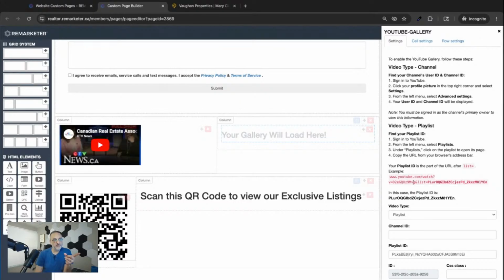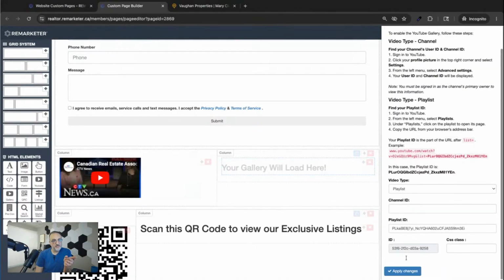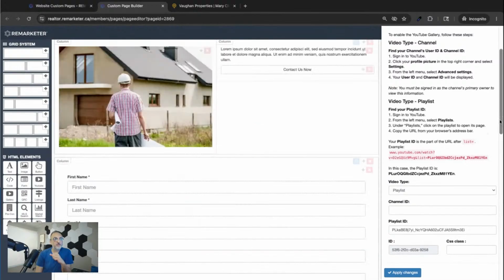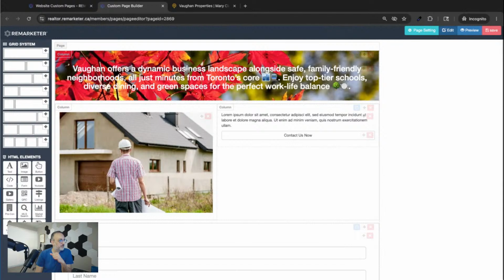In the case of playlist, we learned how to get the playlist ID and use it over here, the playlist ID, which I have placed right here. So anything that comes after list equals, that's your ID. We just copy that and paste it in here, and we're able to embed the playlist as I just explained to you. All right. We went on and took a look at the QR code as well, and